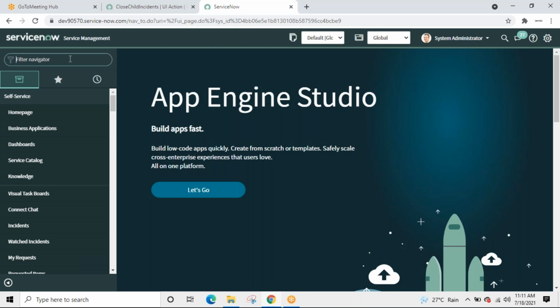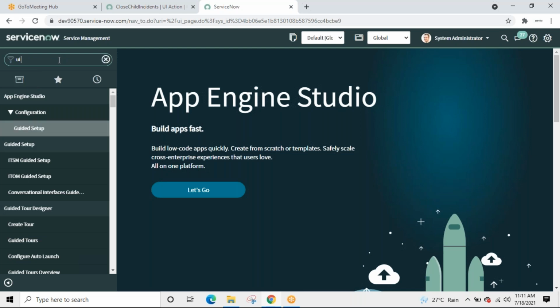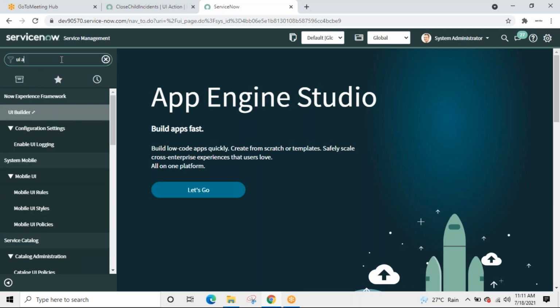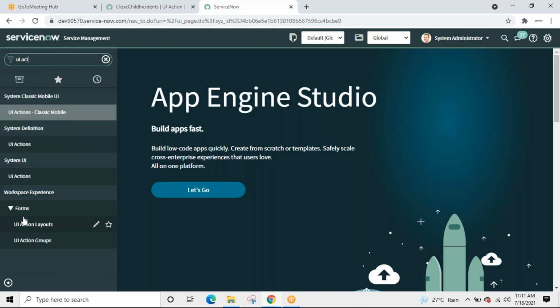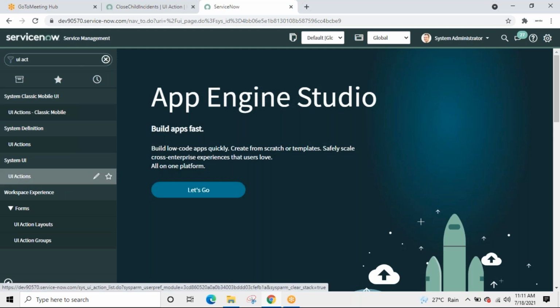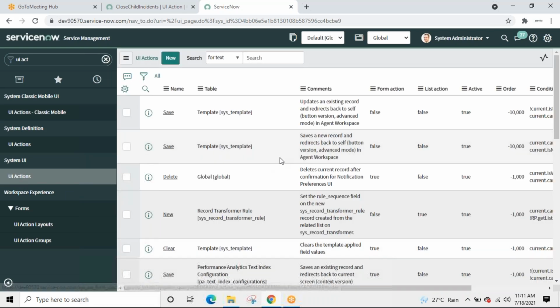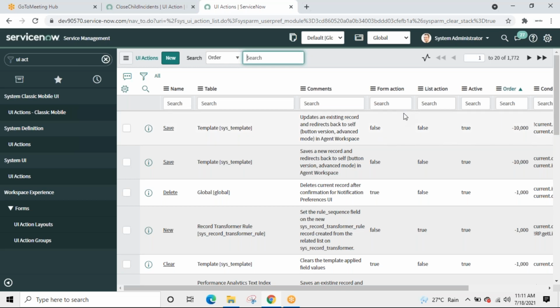Now let me delete the UI action that I created to set the priority as critical because I don't want to mess up with the system. I want to keep it as vanilla as possible. When I say vanilla, vanilla means there are almost no customization. It is out of the box system.